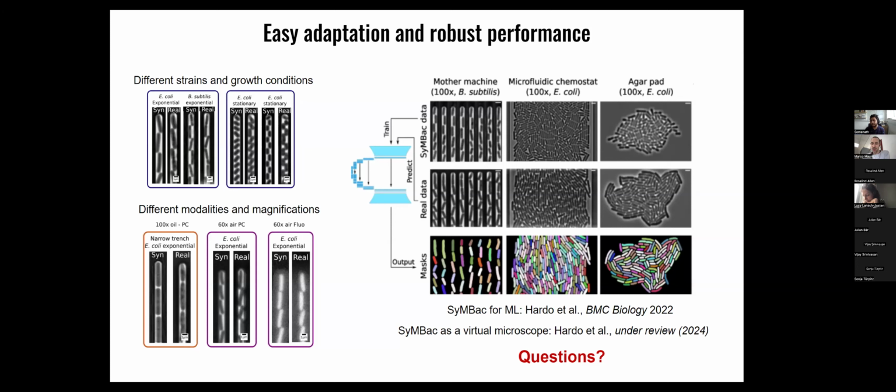And a side question from Justice, I don't know, do you have any co-culture work? So something that demonstrates co-culture? Not yet. We are making a side-by-side trench mother machine to grow two types of strain next to each other. But at the moment, most of our co-culture work is where we grow the two cells in the flask and flow the conditioned media into the mother machine. We haven't done microfluidic co-culture yet.